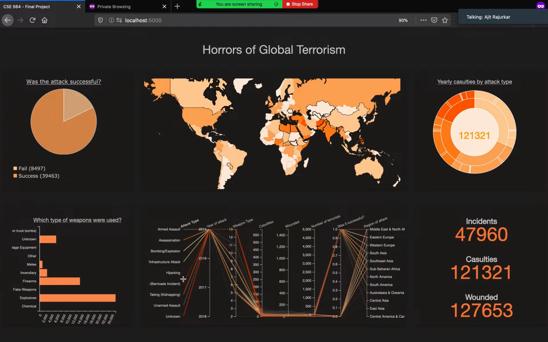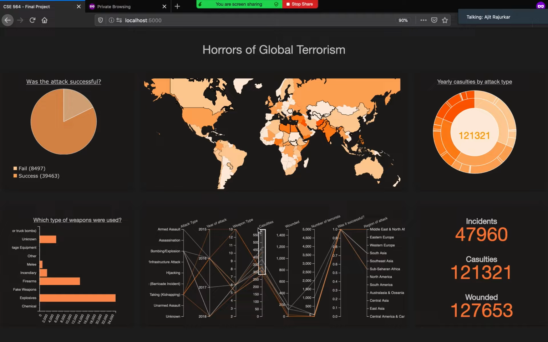One interesting fact we found out from this data was that when the casualties are more than, let's say, 300 on the higher side, the type of attacks which are causing these casualties are mostly bombing explosions and, strangely, kidnapping related. And all those kidnapping and hostage taking situations are coming from the Middle East and Sub-Saharan Africa. So this is something interesting which we found out from the data.